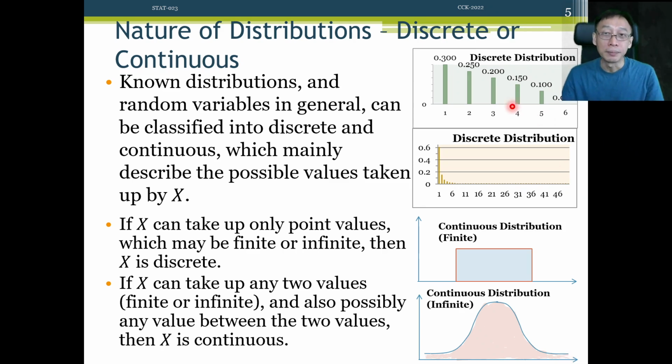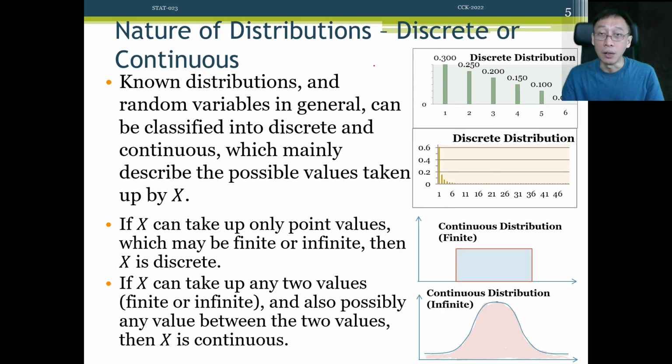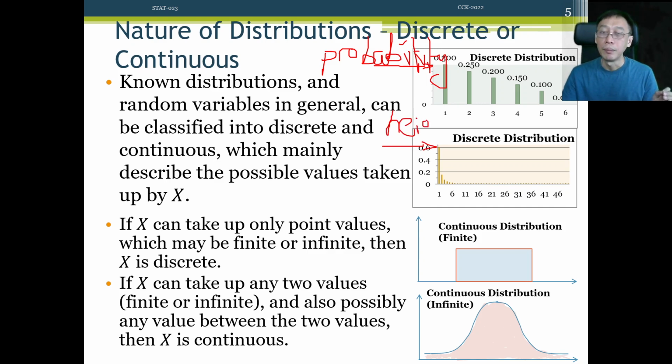Now, the y-axis, for discrete distribution, the y-axis is the probability. This, I hope you get it on day one. Okay, so this is the probability for discrete case. So for discrete case, the height of the graph is the probability. When we talk about the function f(x), y equals function f(x), it's kind of like, well, am I drawing just a general graph, right? No, but if we talk about the height of the graph, height of the bars, then that refers to the